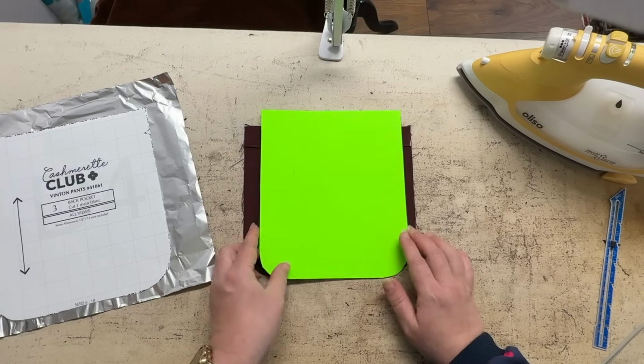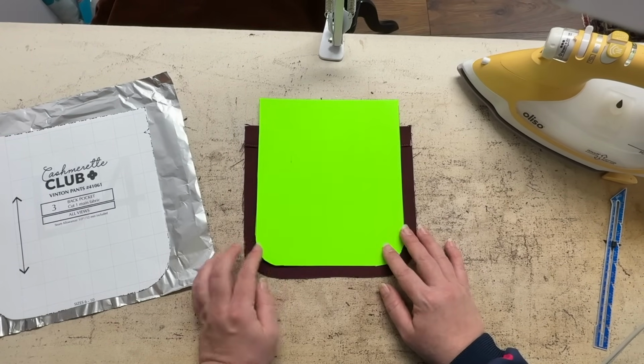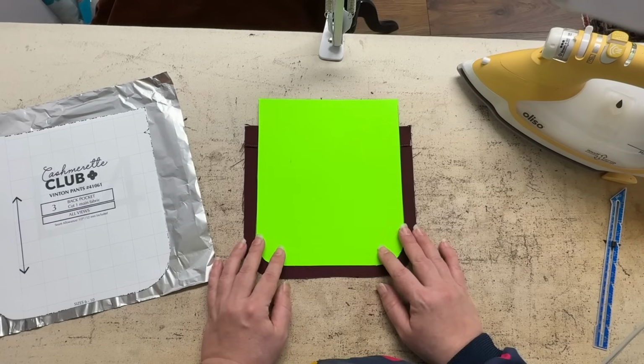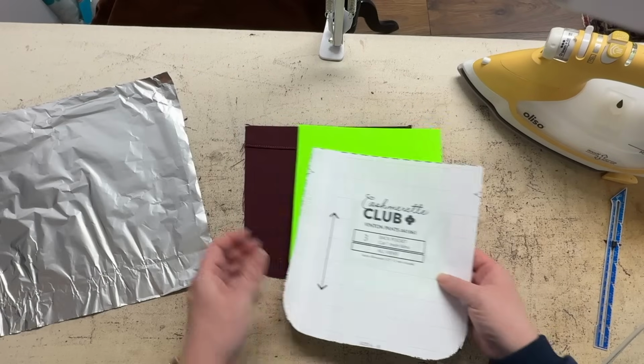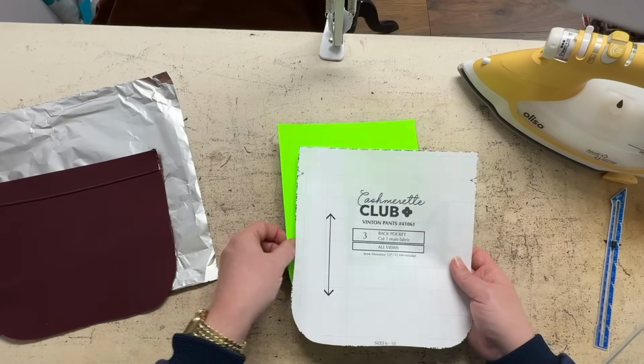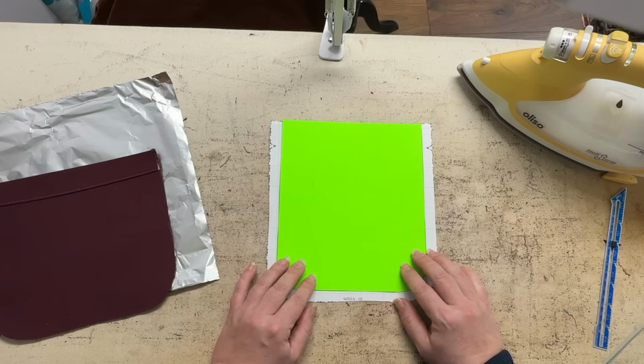I highly recommend this if you're going to make this pattern more than once, but also even if this is a pocket shape that you like that you may use on another pattern. It's great to have this. So the way that I made this, and you can use poster board, you can use cereal box if you want, but I basically